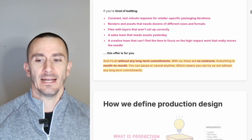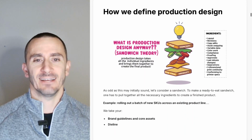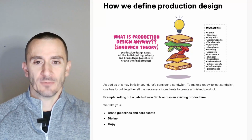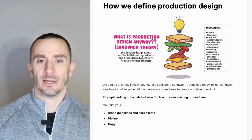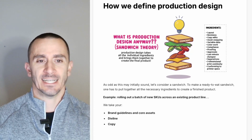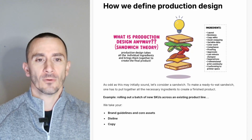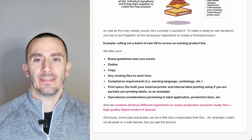So first off, let's get aligned on what production design actually is. As odd as this may initially sound, let's consider a sandwich. To make a ready-to-eat sandwich, one has to pull together all the necessary ingredients to create a finished product. So let's look at this in the context of rolling out a batch of new SKUs across an existing product line. So we take your brand guidelines and core assets, the die line, the copy, the existing files to work off of,